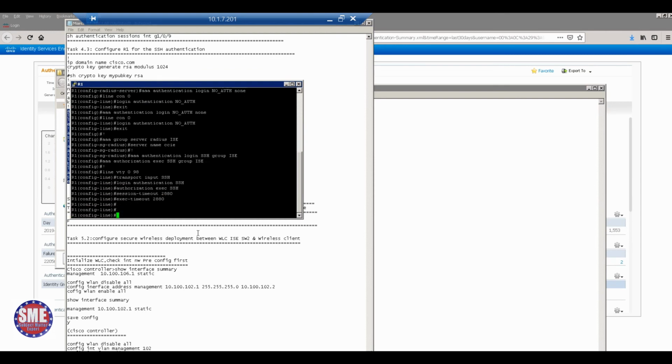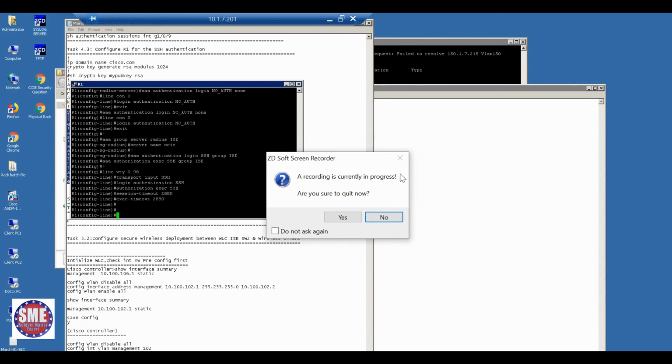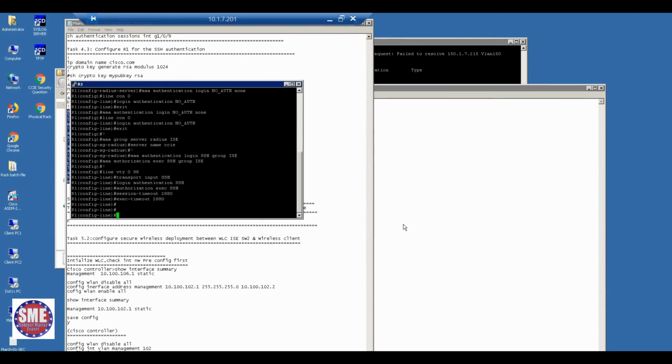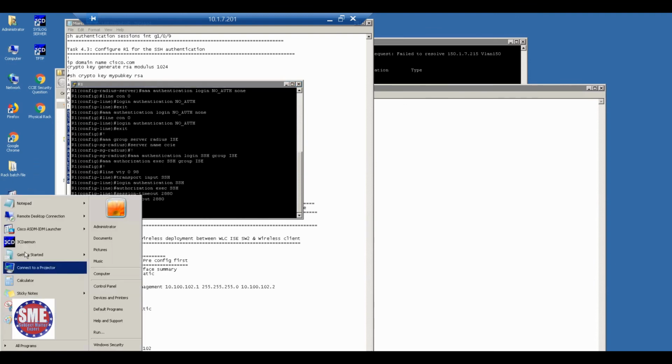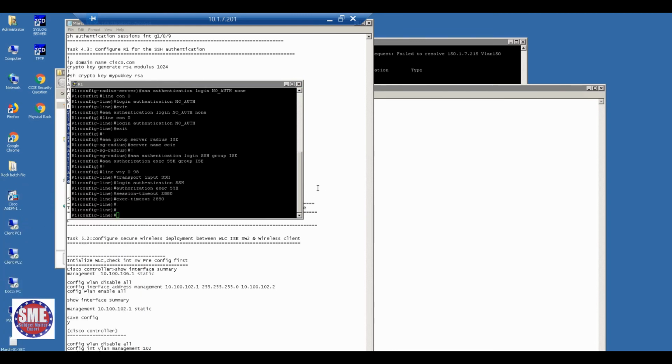Okay. How to test the... this is a candidate PC, right? From the candidate PC, always remember PuTTY. What do you need to type? r1.cisco.com and select SSH.